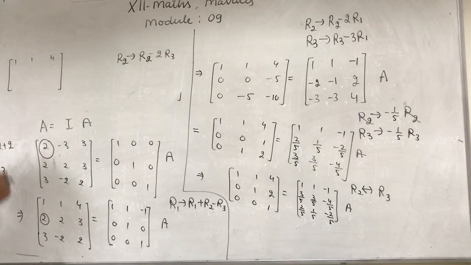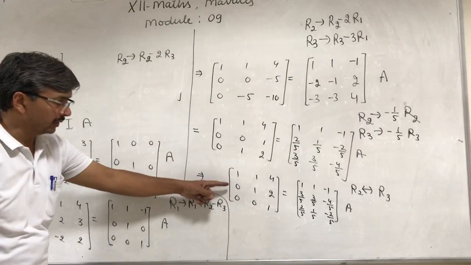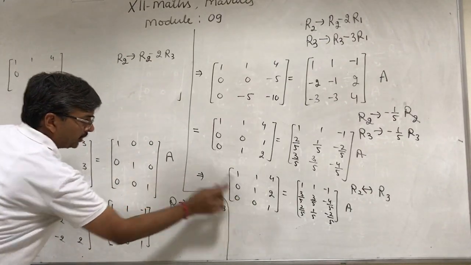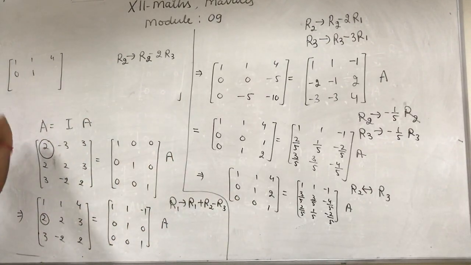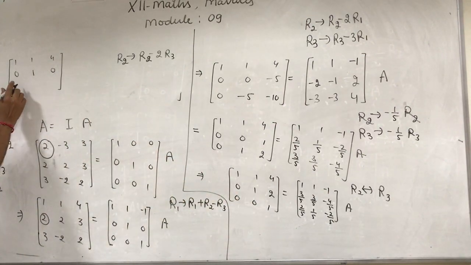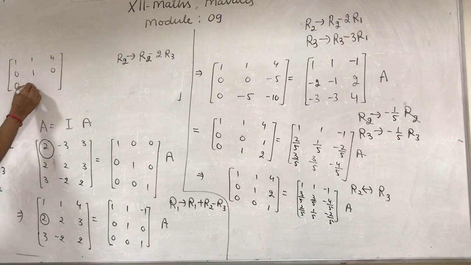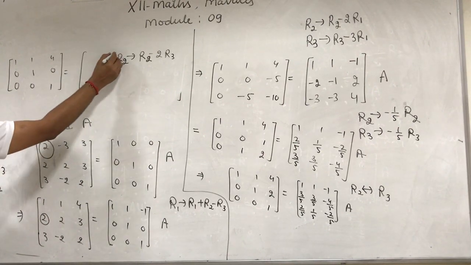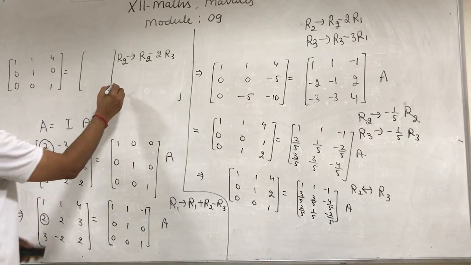R2 change to R2 minus 2R3: 0 minus 0, 0. 1 minus 0, 1. 2 minus 2, 0. And the rest 0, 0, 1, and in the right hand side also same,